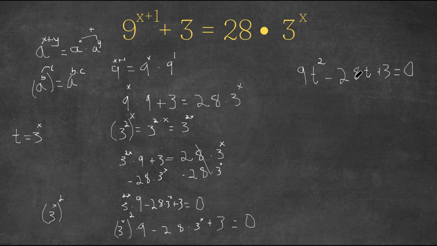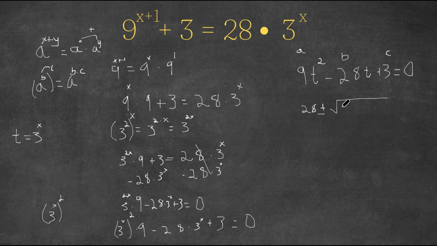And notice how this is a quadratic equation, meaning we can solve for the values of t using the quadratic formula, which, as a quick reminder, is negative b plus or minus the square root of b squared minus 4ac, divided by 2a. So negative b, well, b in this case is negative 28, a is 9, and c is 3. So negative b, negative 28 times negative 1 is simply 28, plus or minus the square root of b squared, so 28 squared,